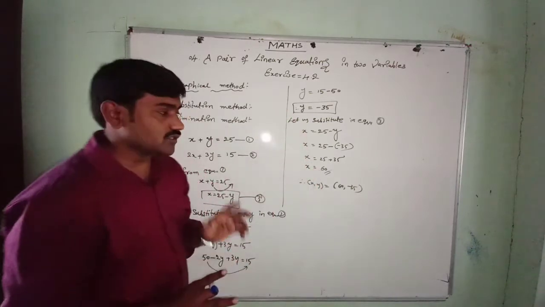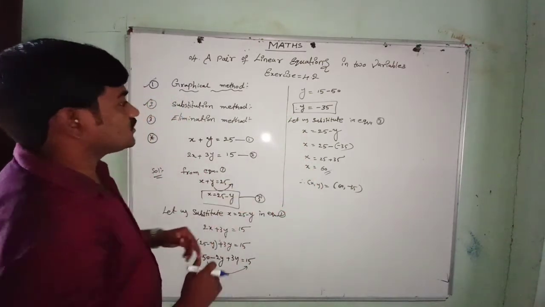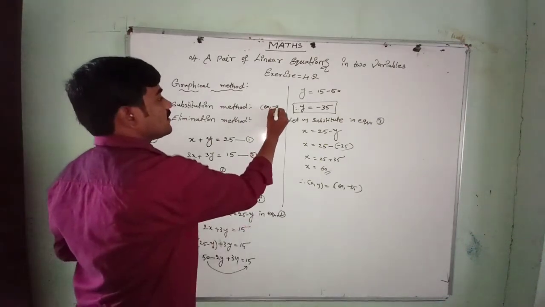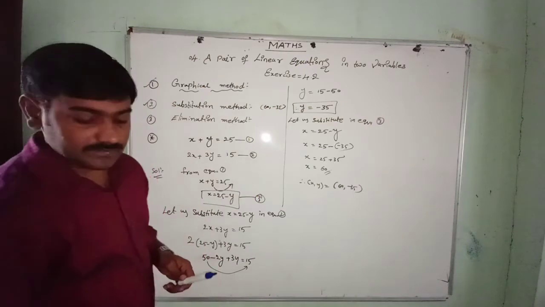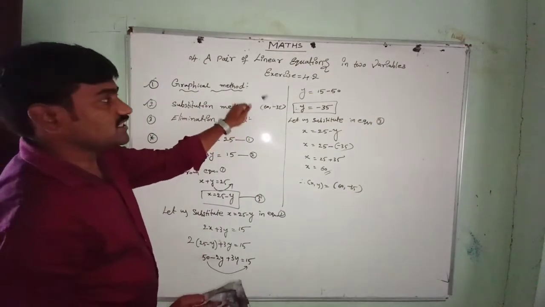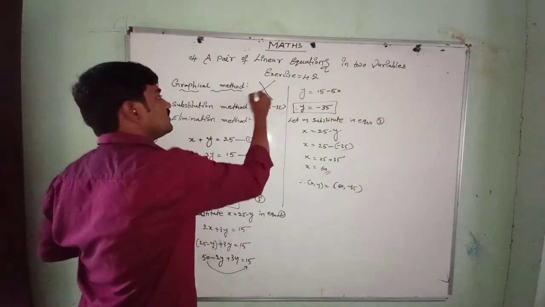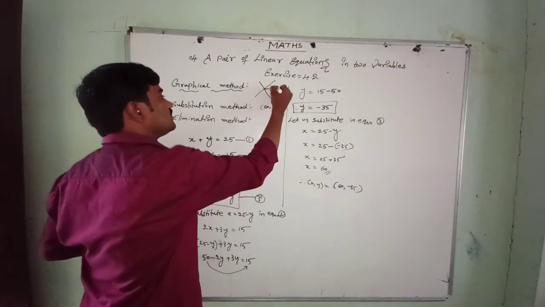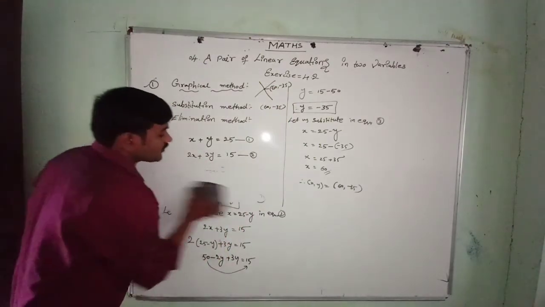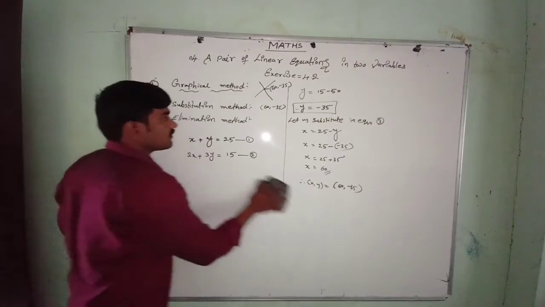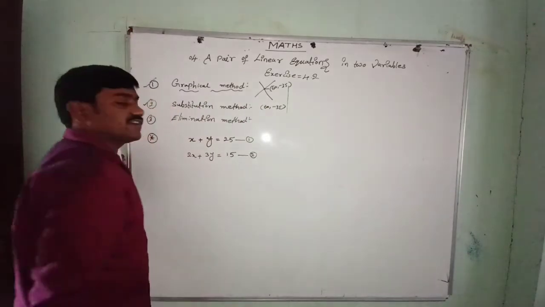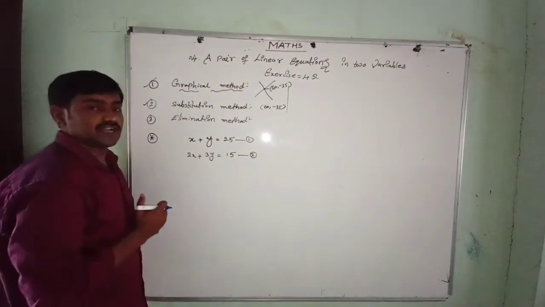Very easy substitution method. And you remember the substitution method answer you got is 60 comma minus 35. You got a solution 60 comma minus 35 in the substitution method. If you represent this in the graphical method also, they intersect each other. The two lines will intersect each other at 60 comma minus 35 in the graph. So now we go for the same example with the elimination method. Let us see whether in the elimination method we get the same answer or a different answer.